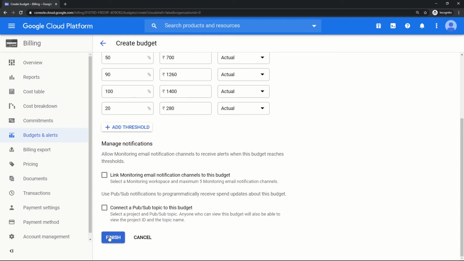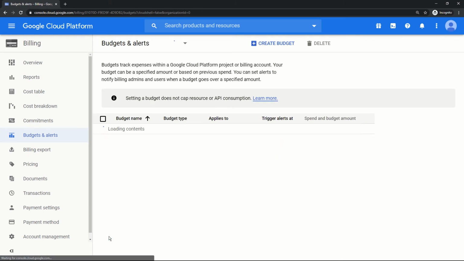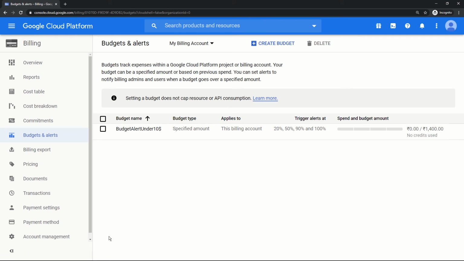So you need to click finish. It's going to process it now. See, my budget alert is configured. So this tab is currently grayed out. It has four options because we have given four thresholds. On breach of each threshold, it is going to be filled. So next we are going to set up a billing export.